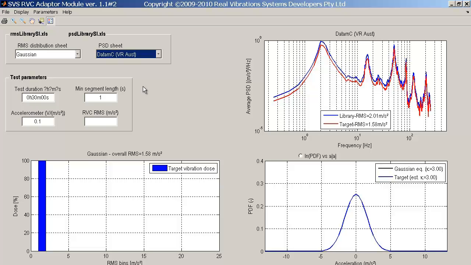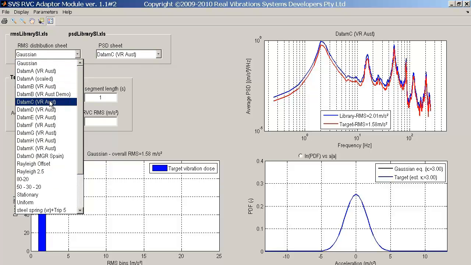Unlike ordinary random vibration controllers, which can only produce steady-state vibrations at a fixed RMS level, the SVS system uses the RMS distribution to produce non-stationary vibrations. Here we will use the RMS distribution computed from the same vibration data that was used to compute the PSD function. Again, all data relating to the RMS distribution are stored in Microsoft Excel and are accessed directly from the